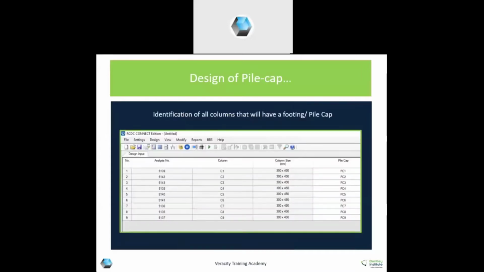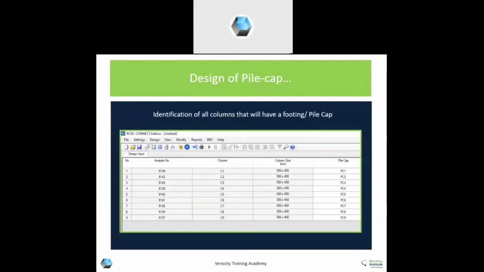If we select pile cap, what all the next screen will show: the input from the STAAD file is already read. The analysis number, like the node number which is already there in STAAD, will be reflected.